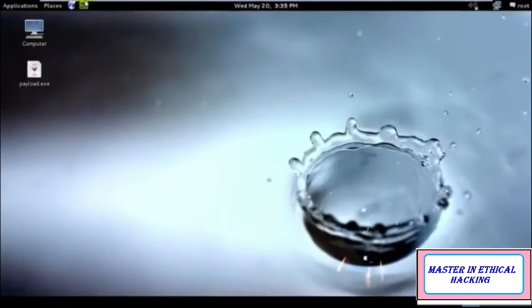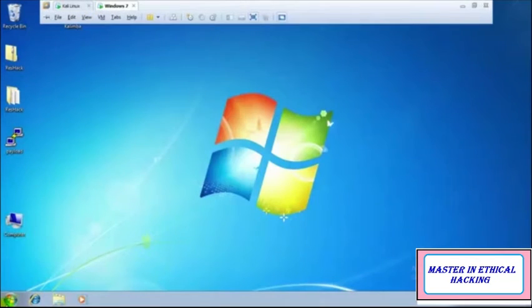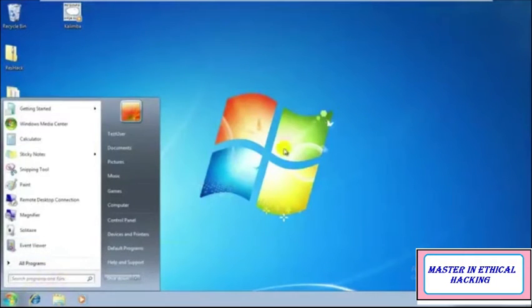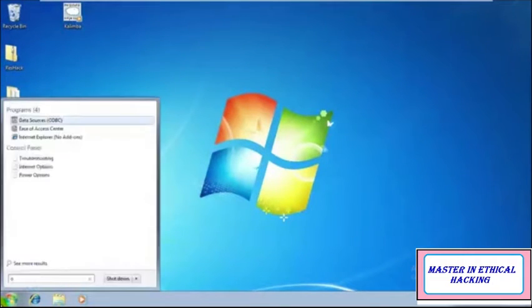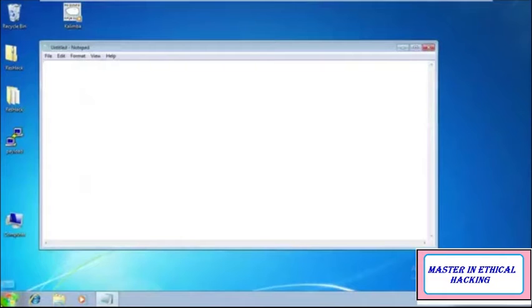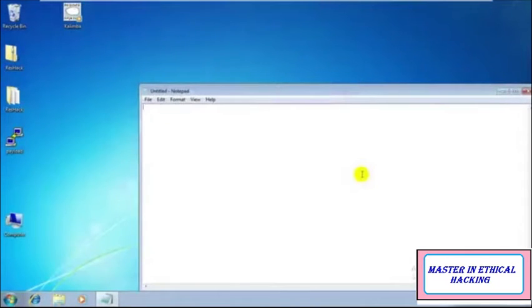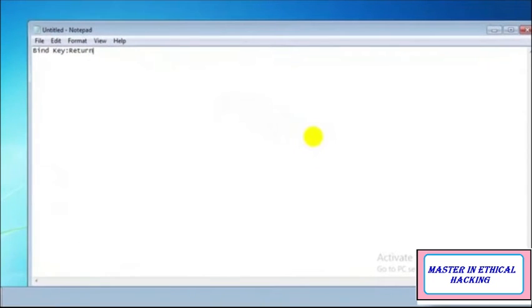But you need to install it over here, since you would need to create a keylogger for Windows. So you can just open the notepad. Since I don't have it installed, I'll just open the notepad, and this would be the source code for creating a keylogger in Python. So you need to type bind key return, and then you need to type